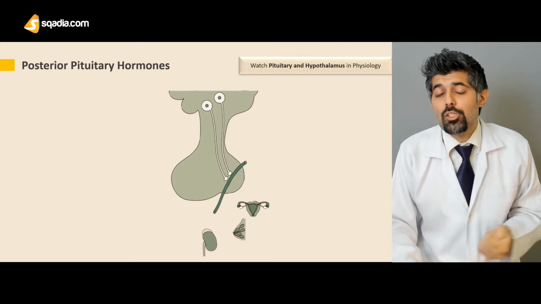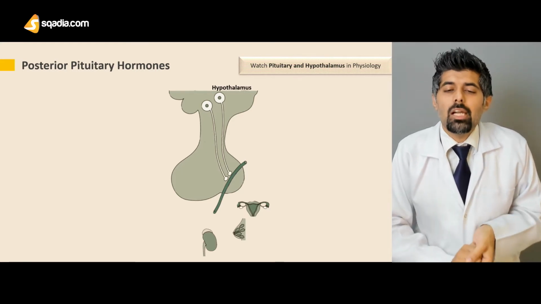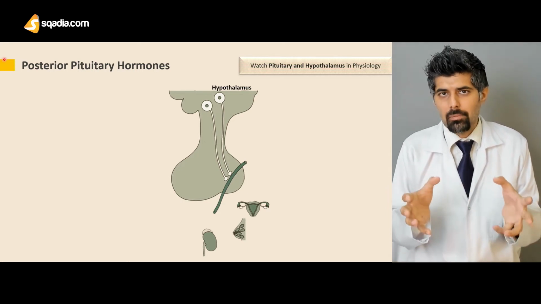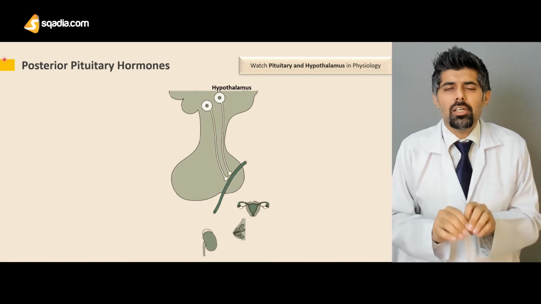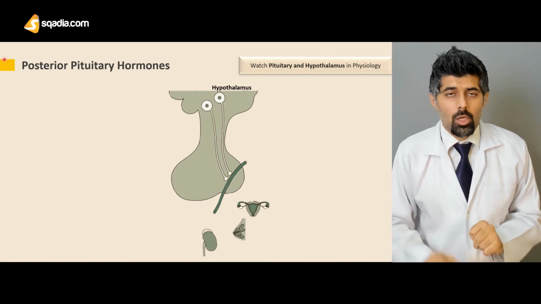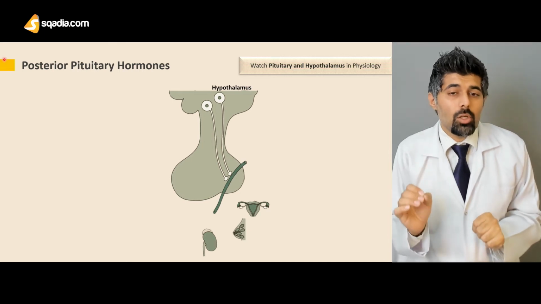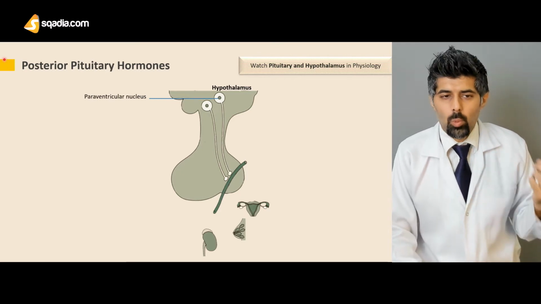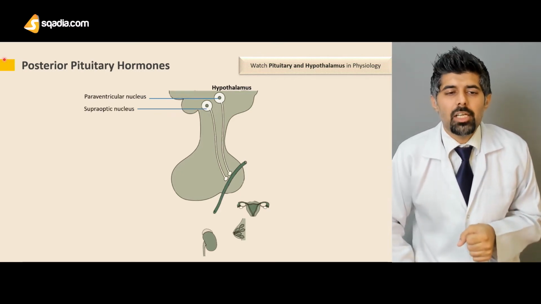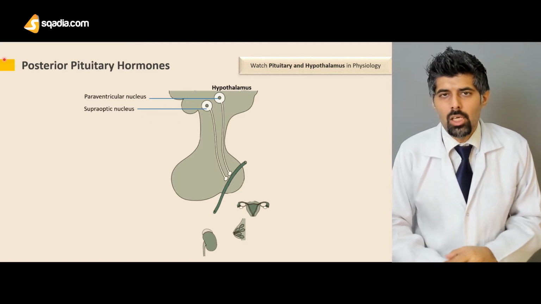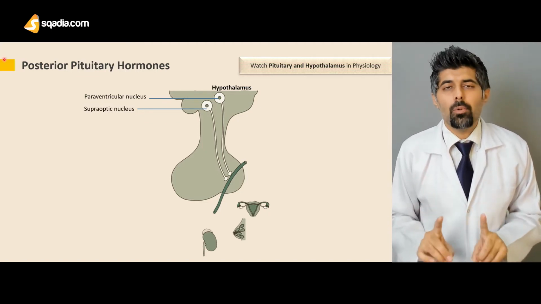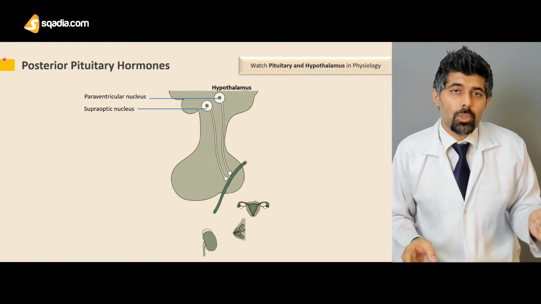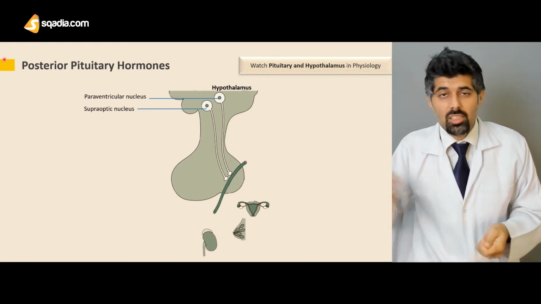So now, being an extension of the brain, we can look at the functional anatomy. This here is the hypothalamus, and the hypothalamus is an area found at the floor of the brain containing a variety of nuclei. Now, as for the pituitary gland, there are two nuclei that are very important. These nuclei are, one, the paraventricular nucleus, and the second, the supraoptic nucleus. Both of these nuclei are important because the posterior pituitary releases two hormones, and each nucleus produces, synthesizes, and releases